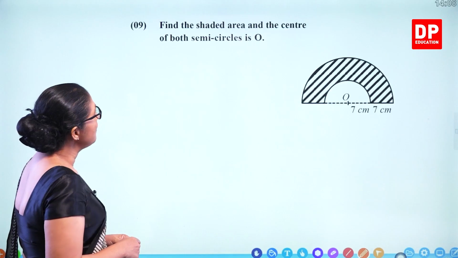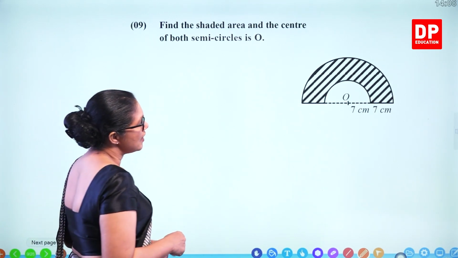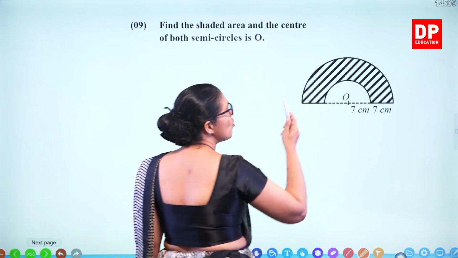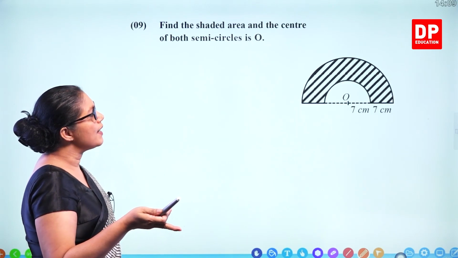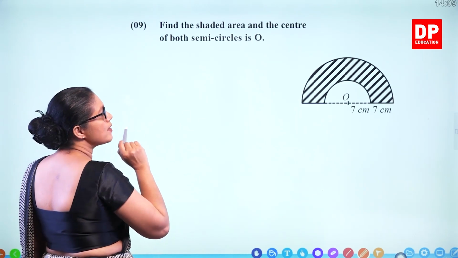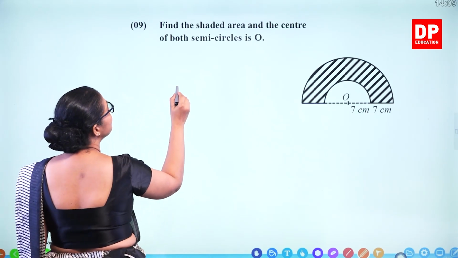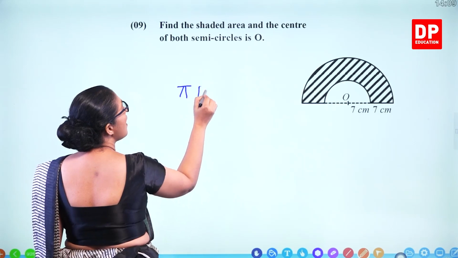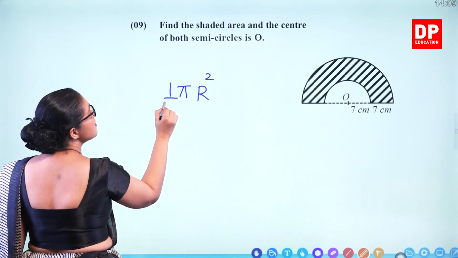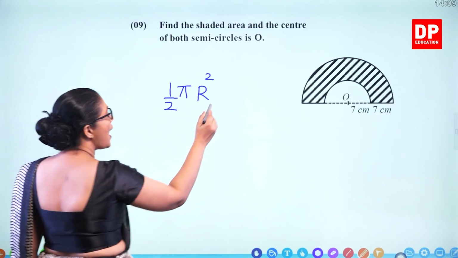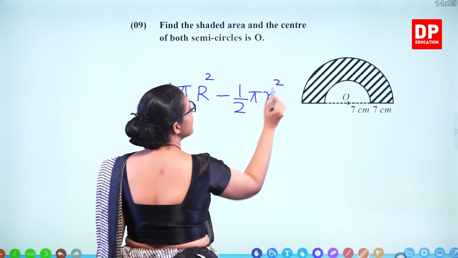Question number 9. Find the shaded area and the center of both semicircles is O. So center is here. So find the shaded. So how you find out the shaded area? The bigger area minus the smaller. So you can write, what's the area of the bigger semicircle? Pi. We'll say capital R is the radius, R squared. And that is divided by 2. Minus half pi simple R squared. That's the smaller